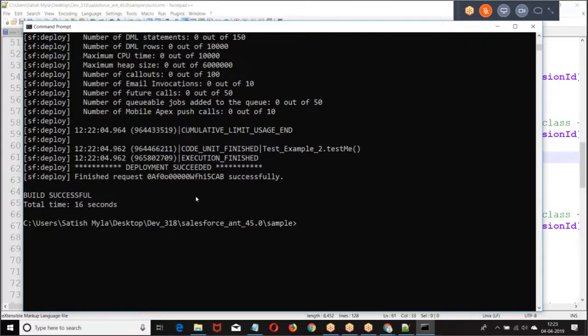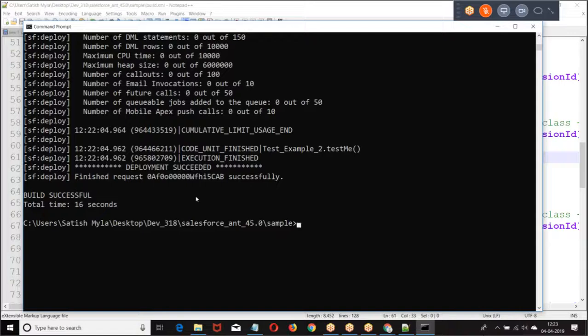Are you getting it? Tomorrow I will show once again from scratch. Now basically you got an idea about the ANT format. How many files are there? 3 files. What is the first file? Build properties. Second file, package. Third one, build. Build properties will contain username, password. Package will contain which elements. Then we have build. It will create a target connection between package.xml and your build.properties.